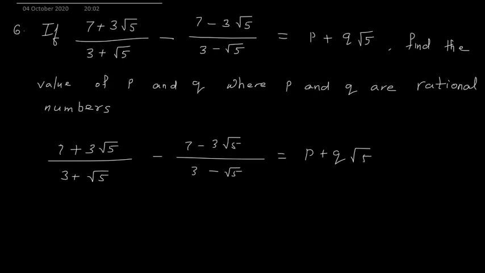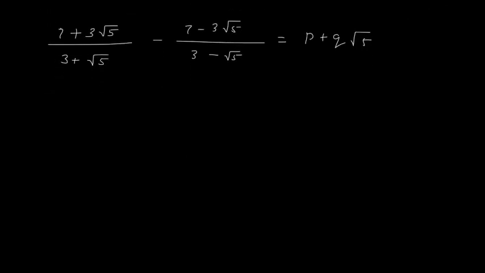Now if you observe your left hand side here carefully, then you will find that if I do cross multiplication, then my denominator will rationalize. Okay, because at one place I have 3 plus root 5 as denominator, and at the second term we have 3 minus root 5. So they are rationalizing factors of each other. So what we do, on the left hand side we will cross multiply. You know what is cross multiplication, so let us do that.